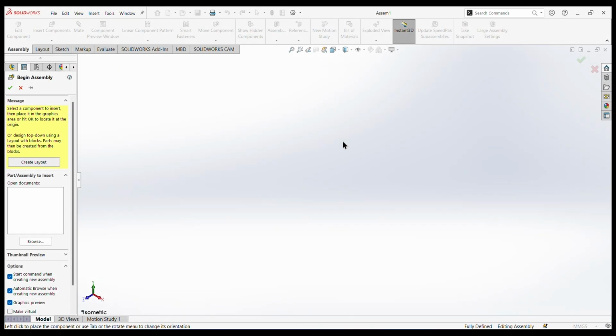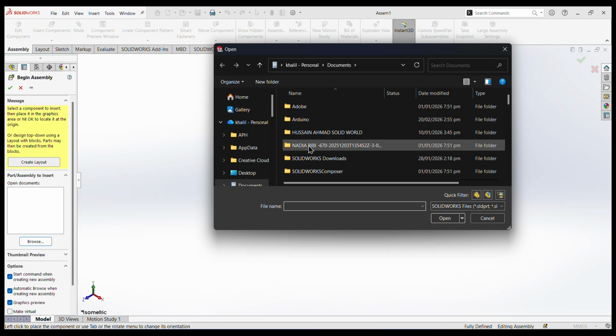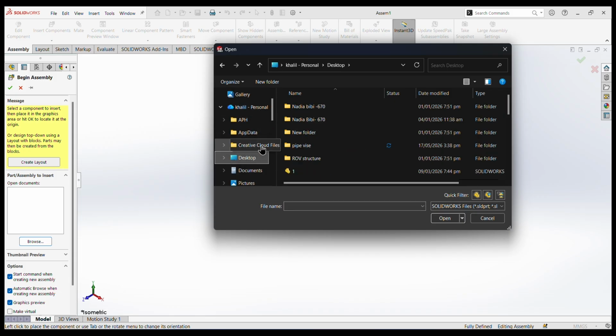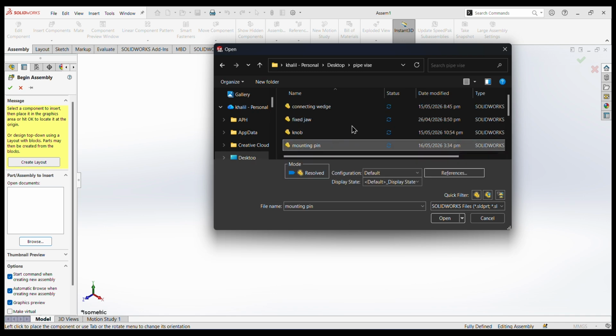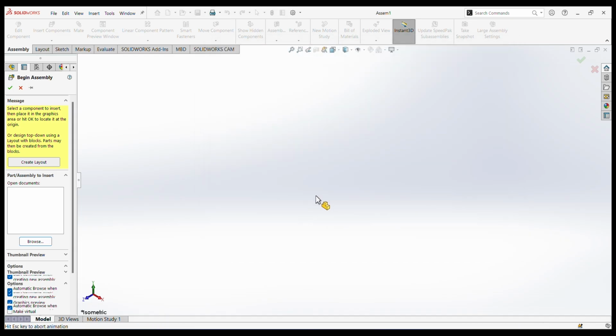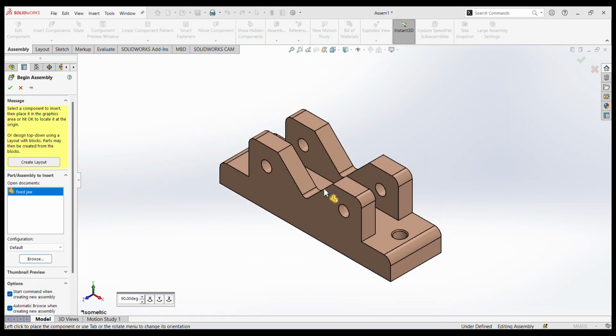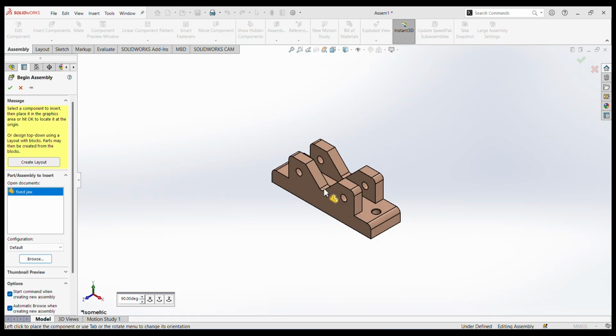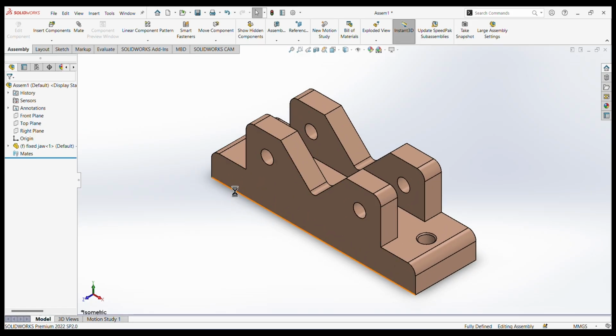Now let's start the assembly. First we insert the components. Here we select the folder in which we pasted our parts. Now we can insert one by one. For example, first we insert the fixed jaw, open here. Now we can zoom out. Okay. Now we can insert more objects